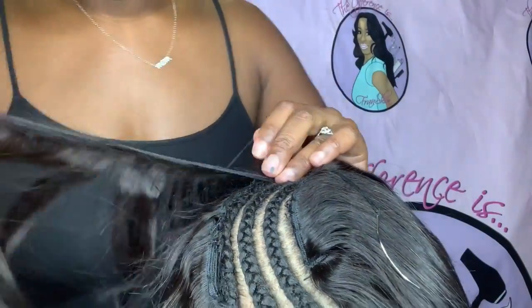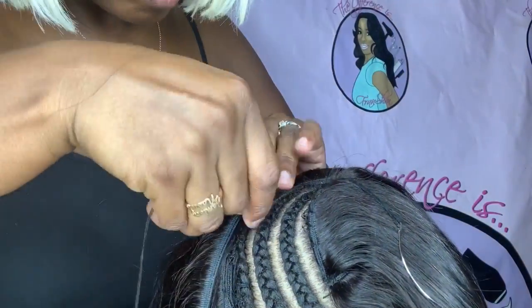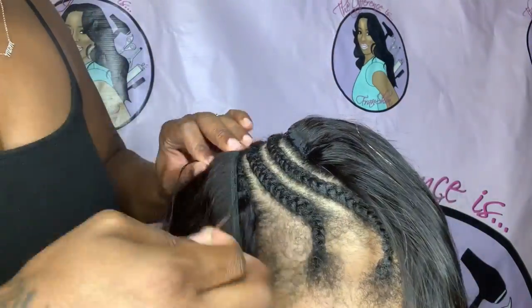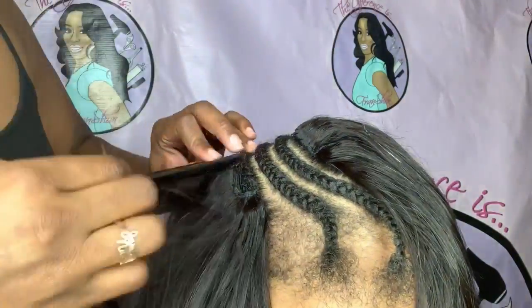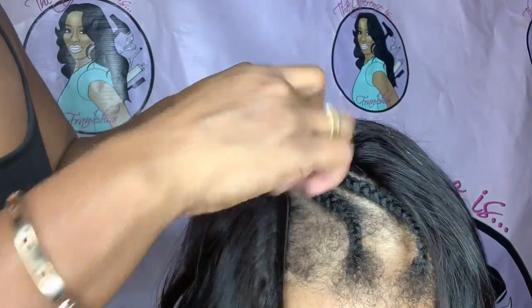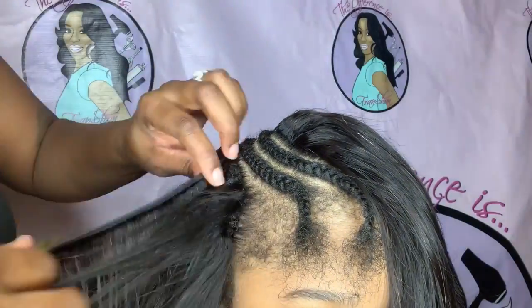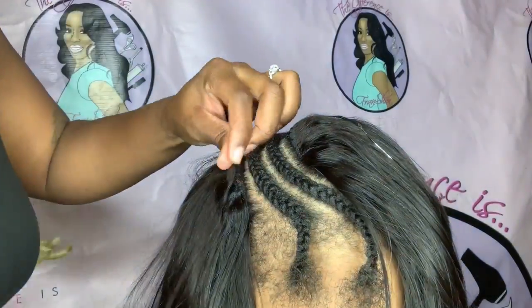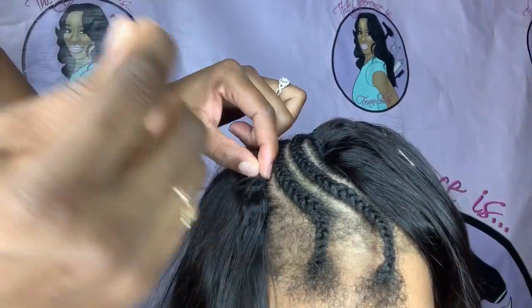So this here is the final track that I will be sewing in. This is almost the most important track of the entire sew-in because you want to make sure that it lays super flat. You want to make sure that the braid isn't bulking out. You want to make sure that everything has a seamless